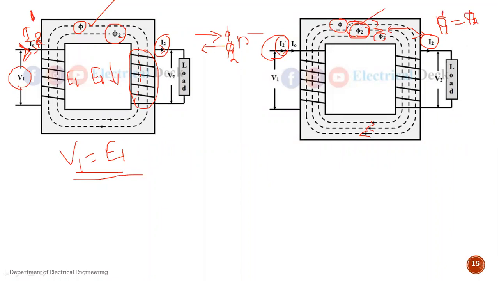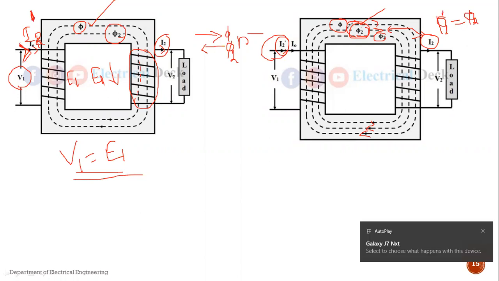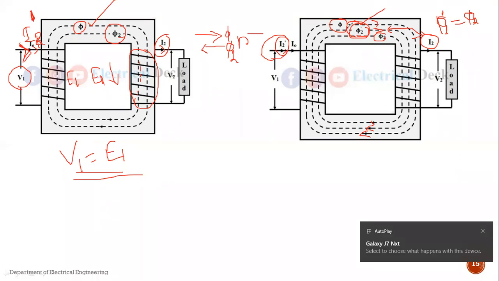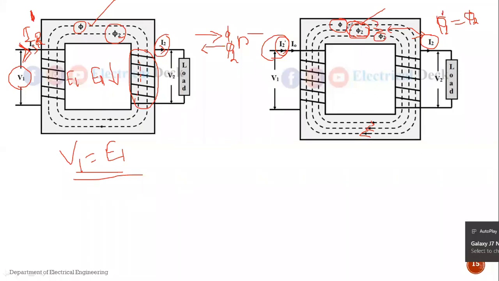at the previous value. Okay, that means phi2 dash will neutralize the effect of phi2 produced by the secondary current I2, but it is in the same direction as the main flux, च्या same direction नाही. So that means it will completely neutralize the magnetic effect. जो काय magnetic effect असेल, so this magnetic effect can be totally neutralized due to the secondary current